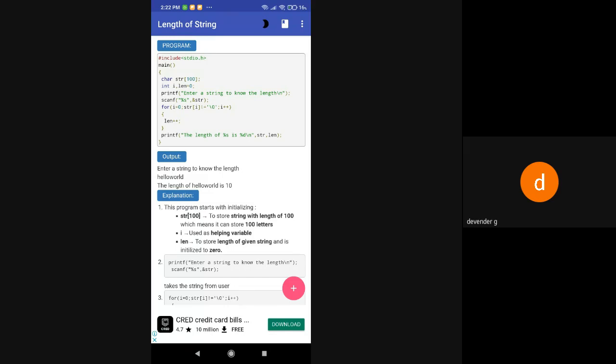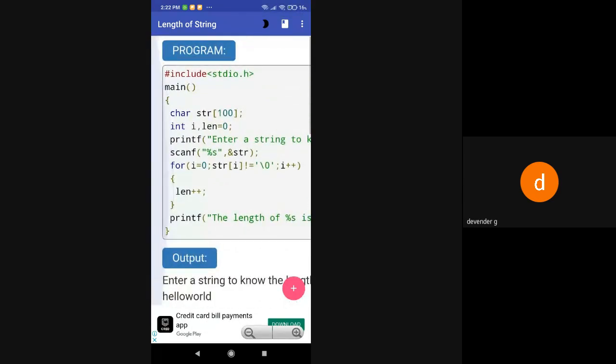For this you can see the program here. I'm saying hash include stdio.h, main function. Then I'm using char. I need one variable to store your sentence, so for that I'm saying string array of size 100. Then one variable i, and for the count I'm using the variable called length.